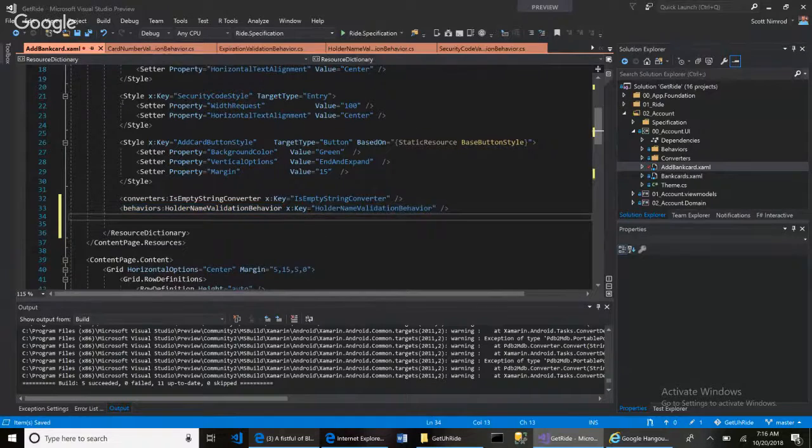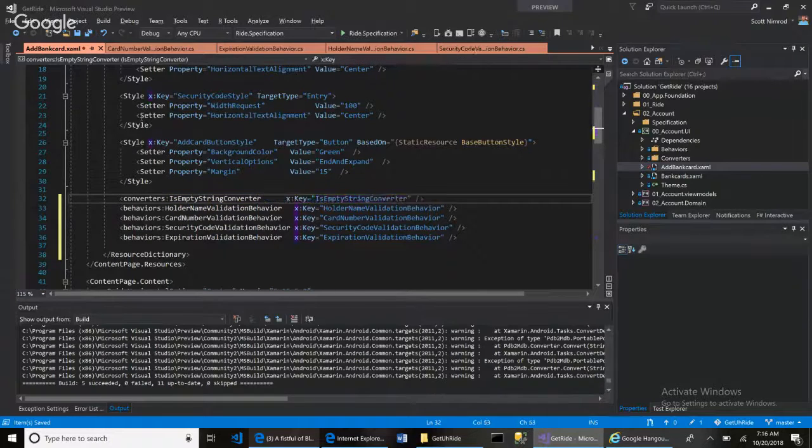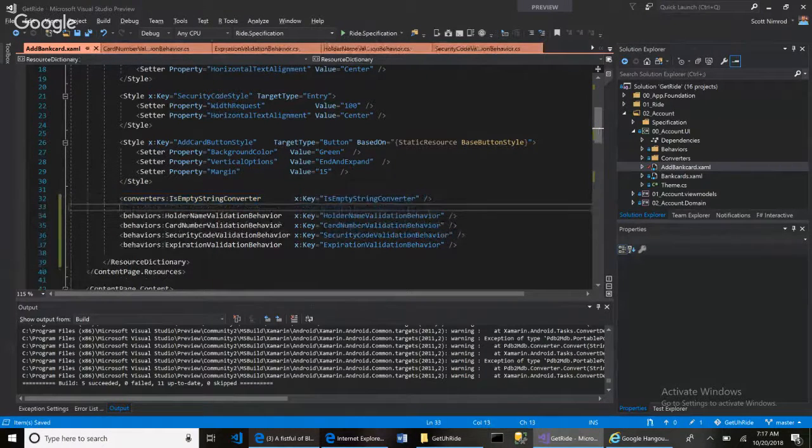And I can probably just continue and say that there's going to be some other stuff here, such as behaviors, and then there's a card number validation behavior, and then I can just do that over here. And then there's the behaviors, and that can be a security code validation behavior. So I could do that and throw that over here. Then there's the behaviors, and I can call that an expiration behavior, and that can be over here. Okay, so now we have all this here, and we do that over here, and we do that over here like this. Okay,